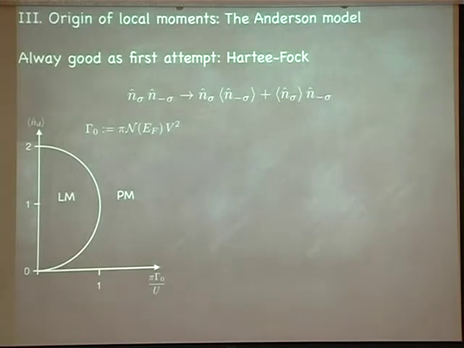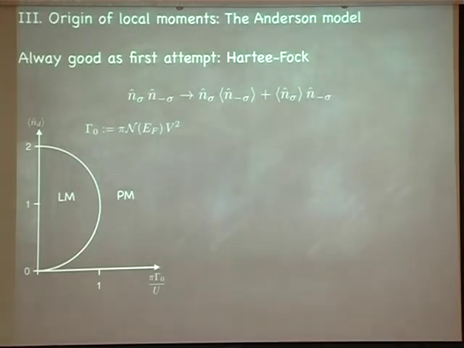So in a zero-dimensional system, an impurity here, you wouldn't expect any ordering. But of course, it tells you that once you cross that border here, the physics of the system has to change, because then the system wants to develop a local moment. Now, of course, quantum fluctuations will not allow that. Otherwise, you would really have a phase transition, and that can't be. So that must be a kind of crossover.